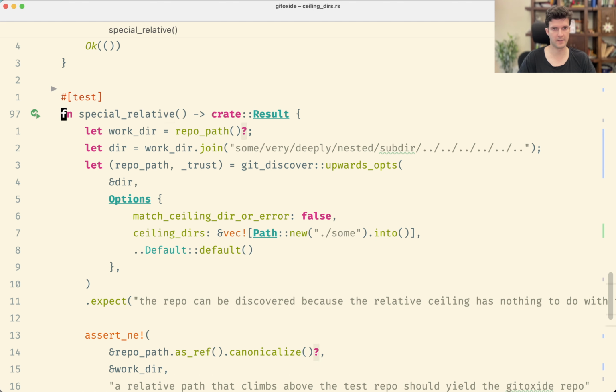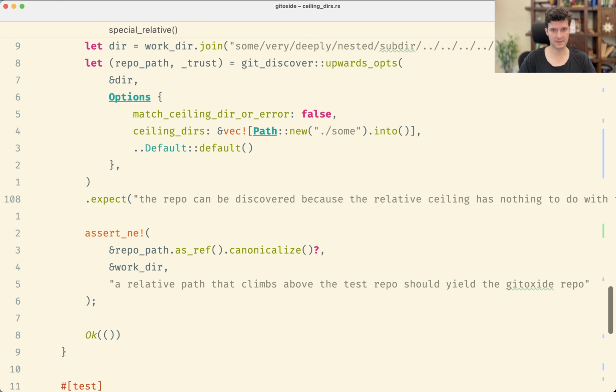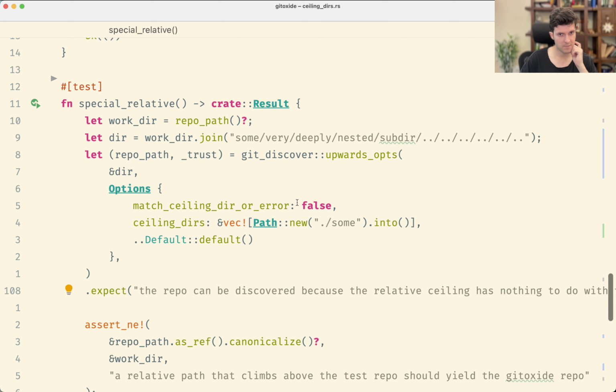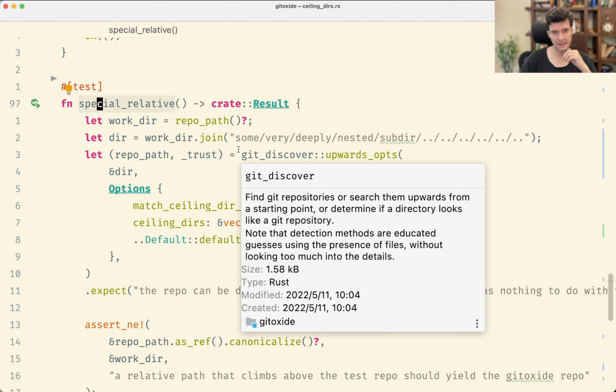Yeah, that was my comment, and I don't think it really applies. Special relative. So that really says that this is absolutized, and this is, I mean, this basically means it doesn't match. It doesn't match because we don't absolutize. Yeah, we could say that